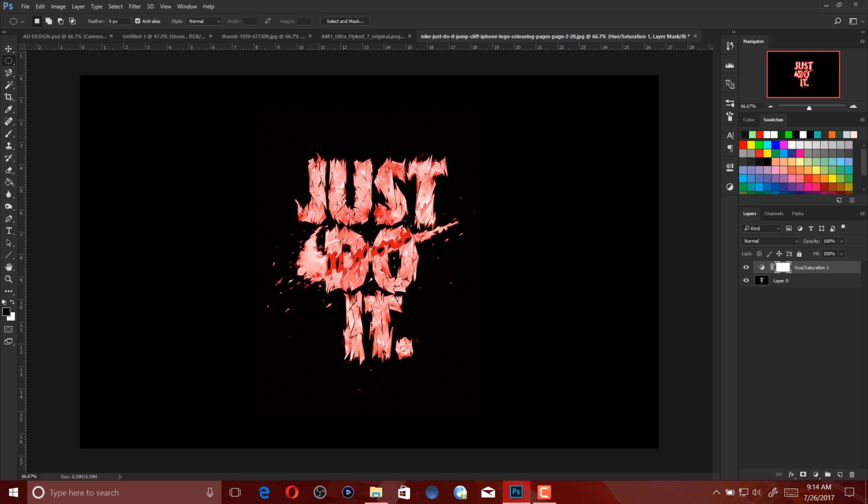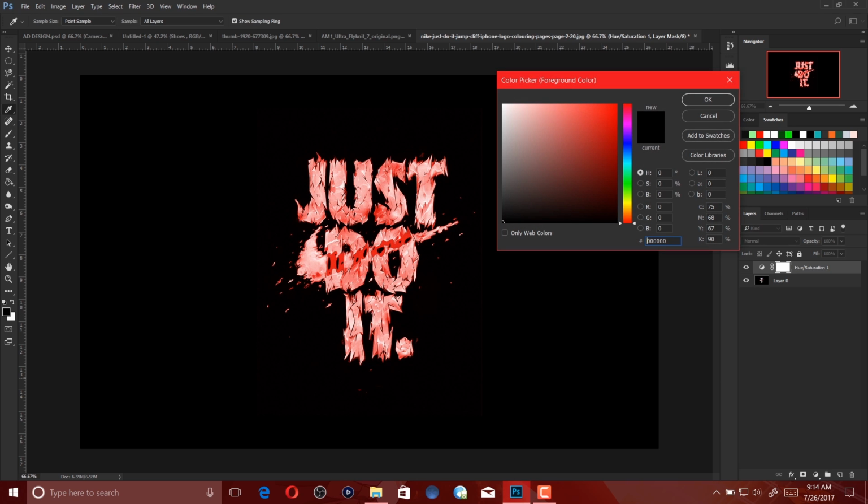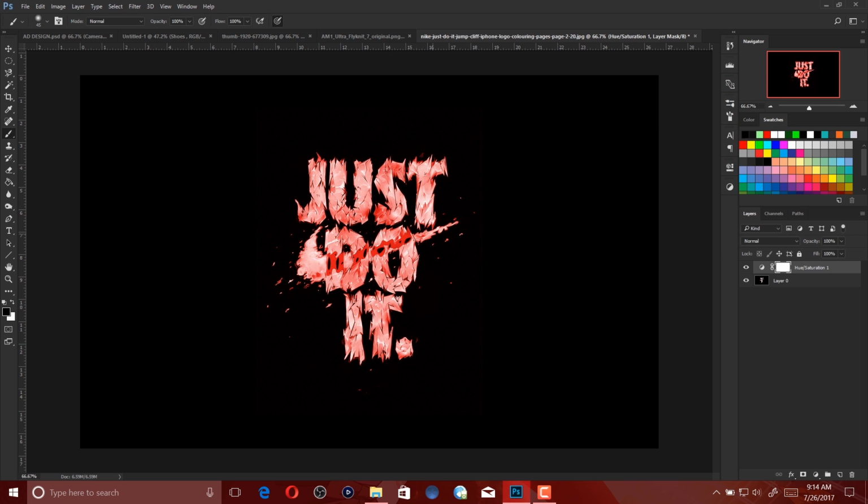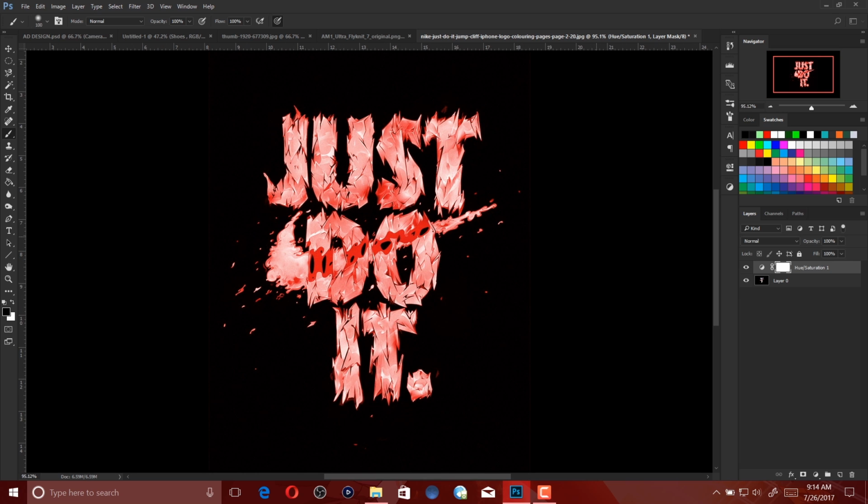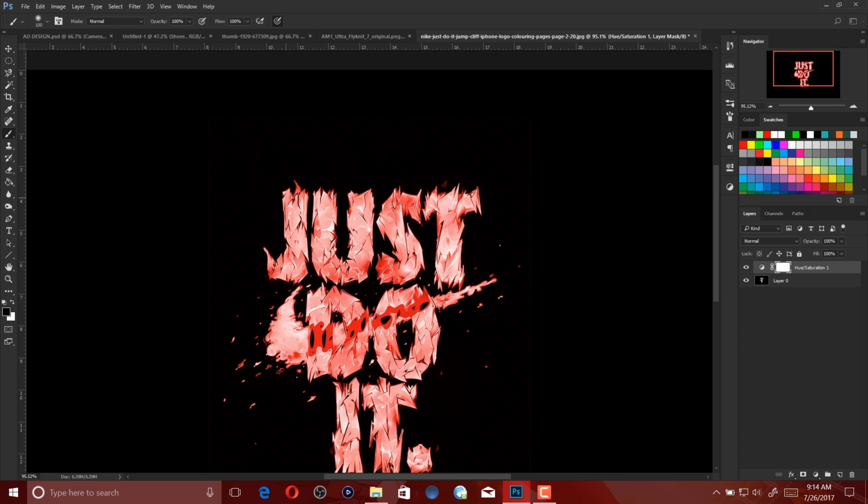And you just want to go to your brush tool, and you want to make sure you have black as your main color, or you can choose it from the swatch. It's up to you. Now this is very tedious. Well, if you have a tool or a tablet, I don't have my tablet hooked up right now, but